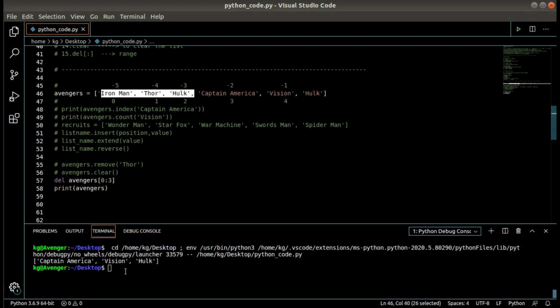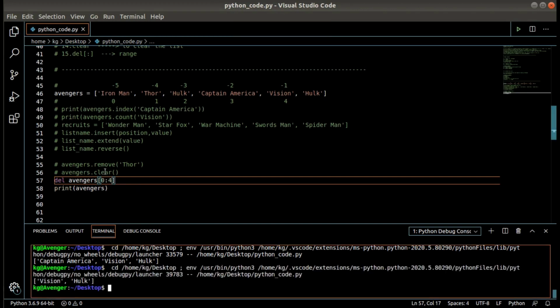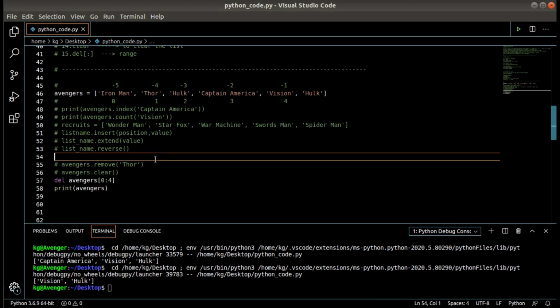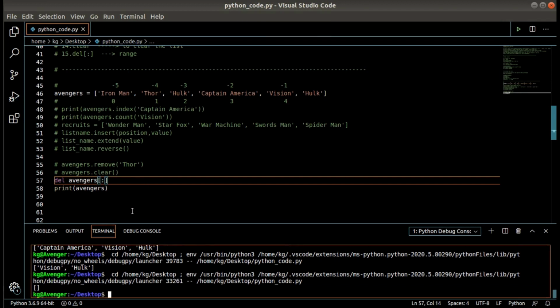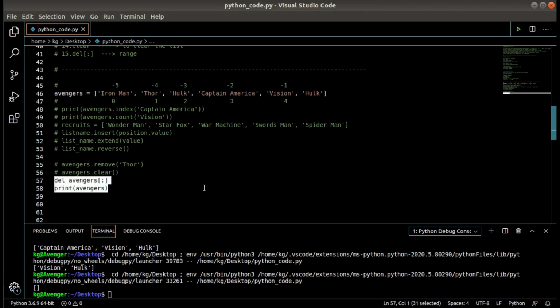So what if I do 0 to 4, so it is returning me Vision and Hulk, that is 0 to 3, these items are deleted. Okay, so what if I do first to last? Okay, the complete list has been cleared out. So this is how it works.